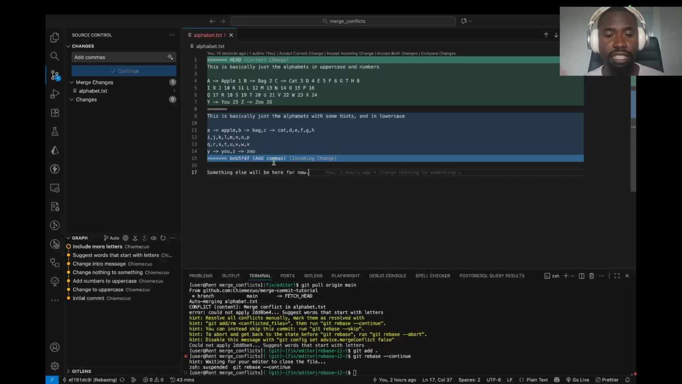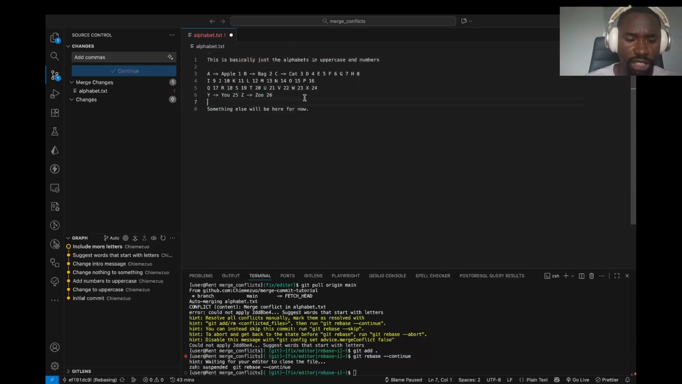anymore. And notice how it says incoming changes despite being in the branch we are currently in. Now, mind you, that's because it is assuming that the main is the status quo, is the universal source of truth. Therefore, anything else that is different from main is an incoming change. So let's just leave it at accept current change, save, add,